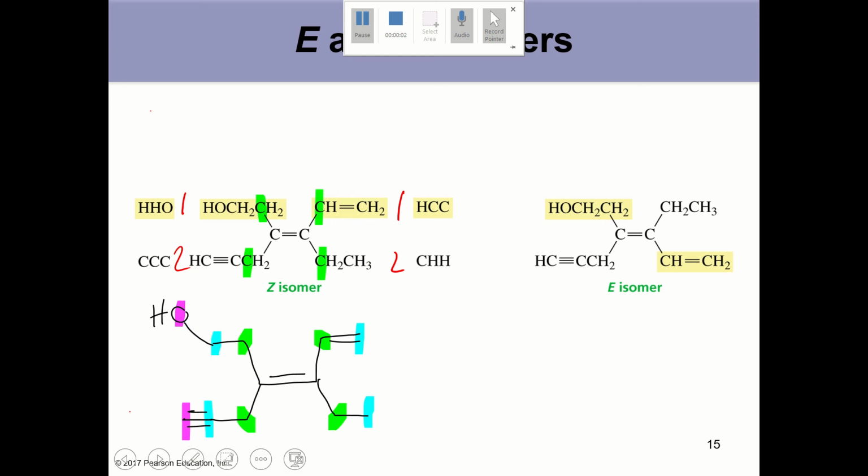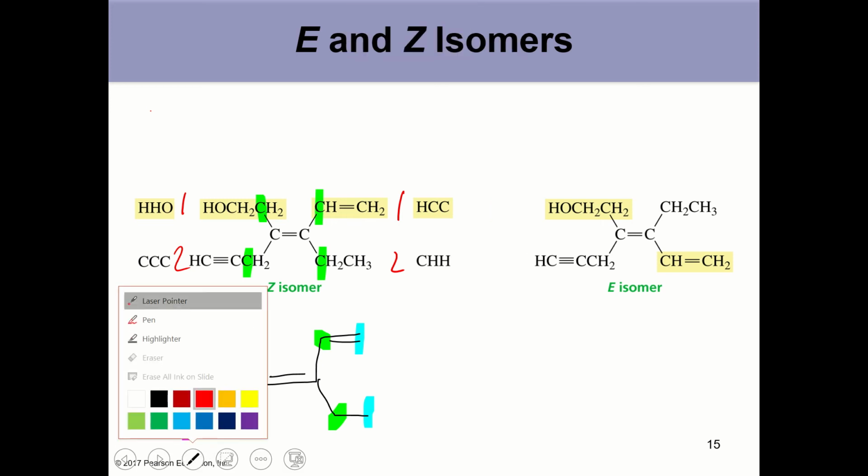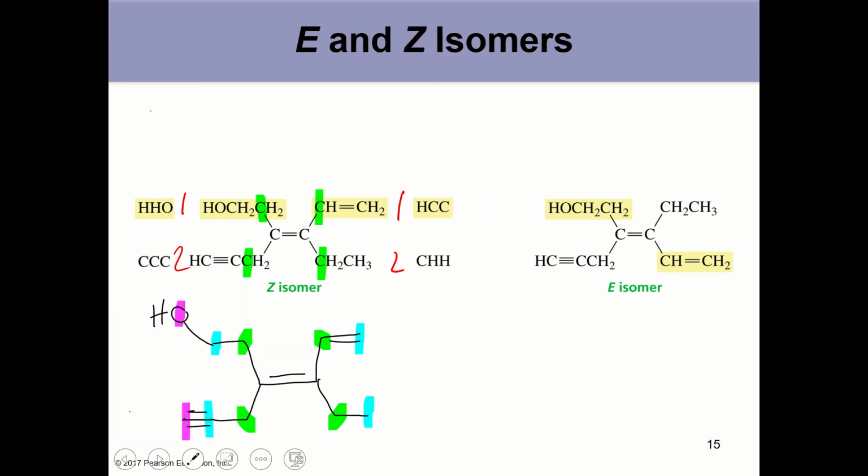Here we're looking at another example. Okay, so notice that if we start at the atoms bonded to the vinyl carbon on the left, the first two atoms are both carbons. They both have the atomic number 6, and there is no difference. If you look at the next atom out,